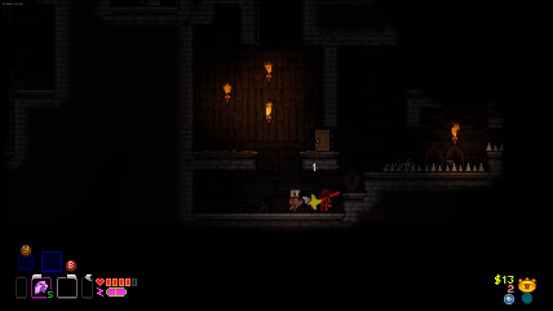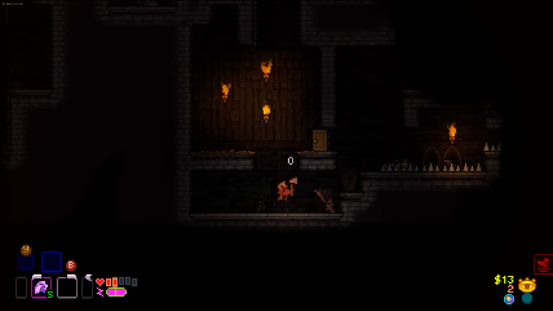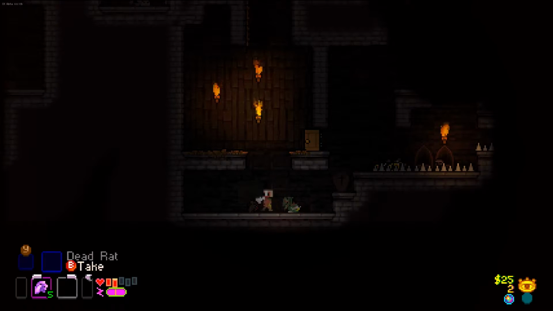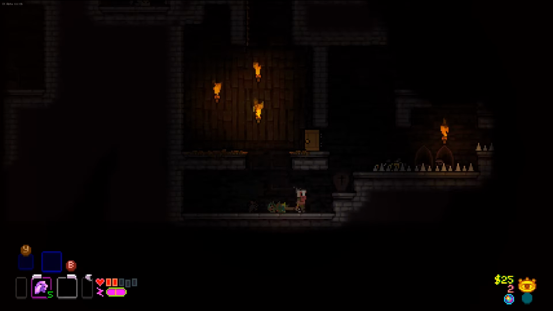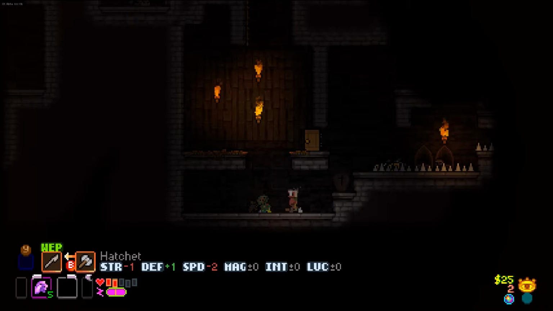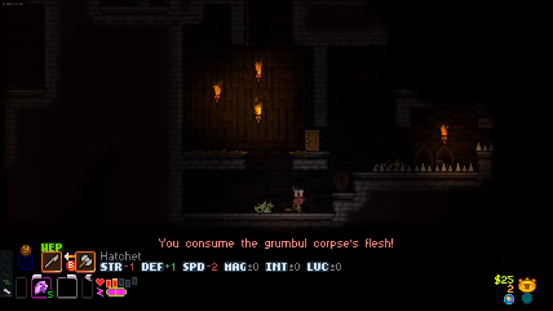Apparently, if you roll into something... This guy's got some decent armor. Either I'm getting very unlucky, or he's got some decent armor and I can't do any damage. I know he could be poking me up in the feet there, but he didn't. What have you got on you, sir? Oh, a good smooth stick. I like that. Lowers my defense a bit, but I will equip that. And I'm going to see... Actually, there's no fire around, because I really want to... Well, we need some health. So we'll actually eat that, and then...